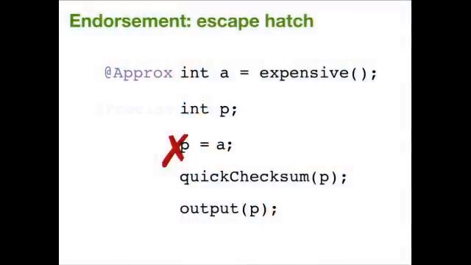conditions. But of course, there's a way to get around that, which is we provide an escape hatch to let programs explicitly mark the points where this flow invariant can be violated. We put endorsements into the language, which acts just as a typecast to say this value of approximate type is allowed at this one point to flow into precise values. This lets the programmer isolate the points where things need to be checked to make sure that they make sense as they flow from the approximate part of the program into the precise part of the program.